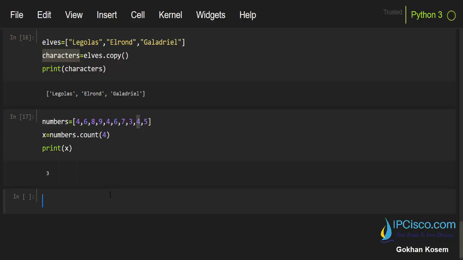Yes, these are the methods that we use with Python lists. In other words, these are Python list methods. You can increase your knowledge of these Python list methods with more